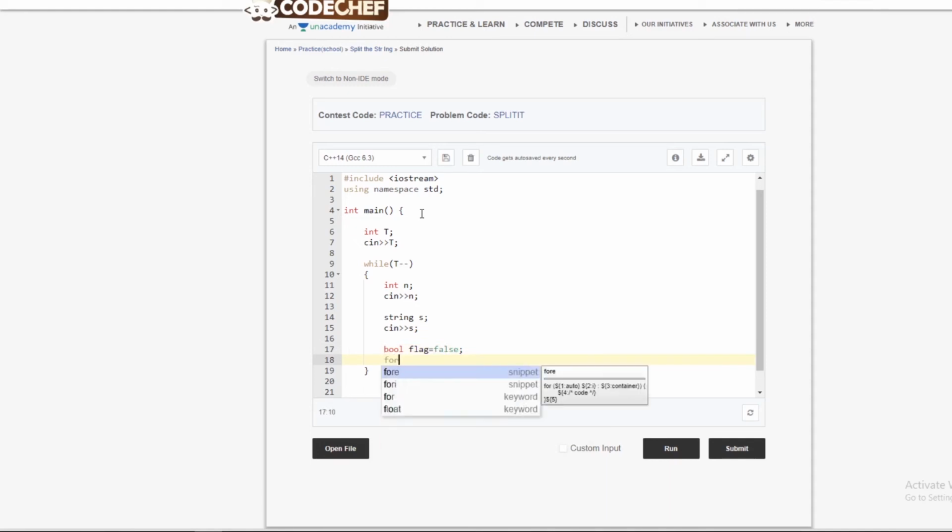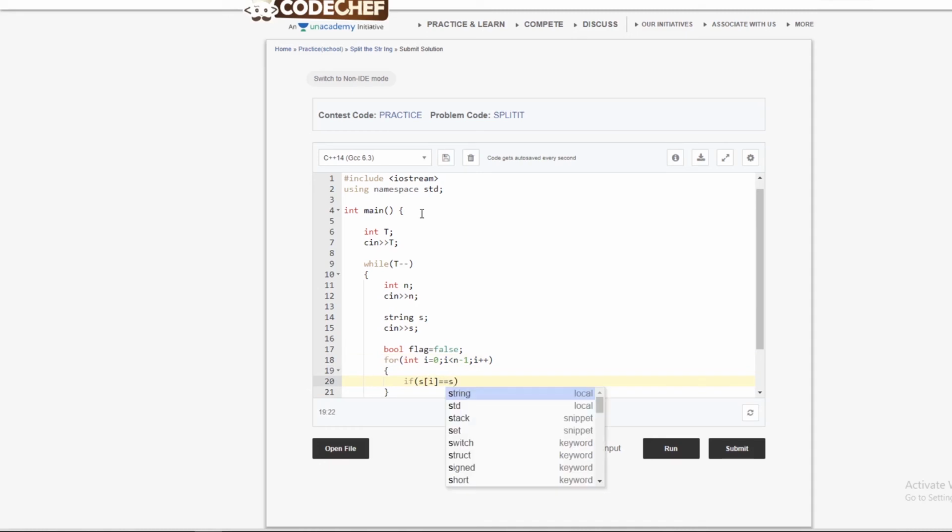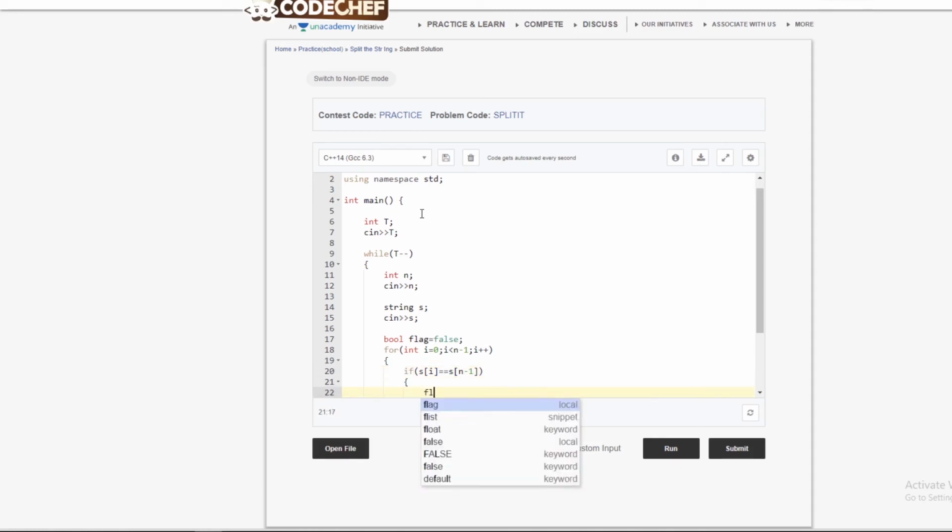So now we will iterate our loop from i equals 0 to i less than n minus 1. Basically this loop will run from 0 to n minus 2, and here we will check if s of i matches with the last character of the string or not. If it matches with the last character of the string, then we are going to set the flag as true.